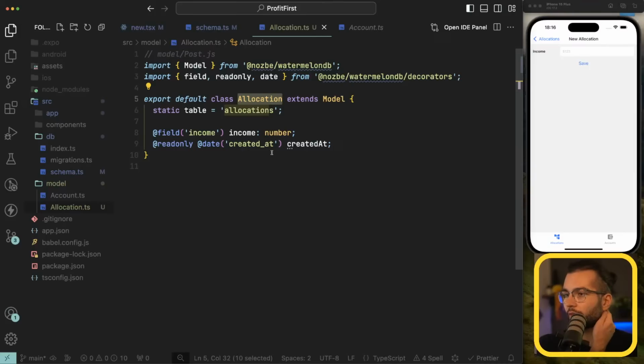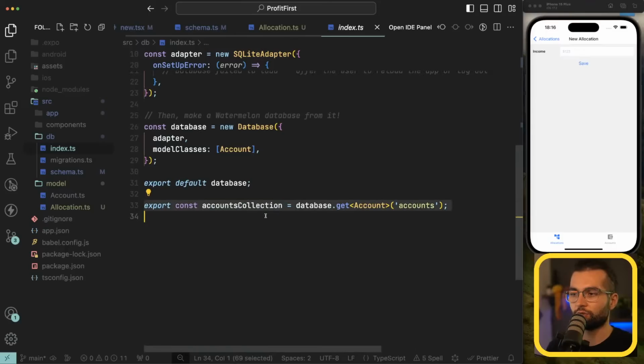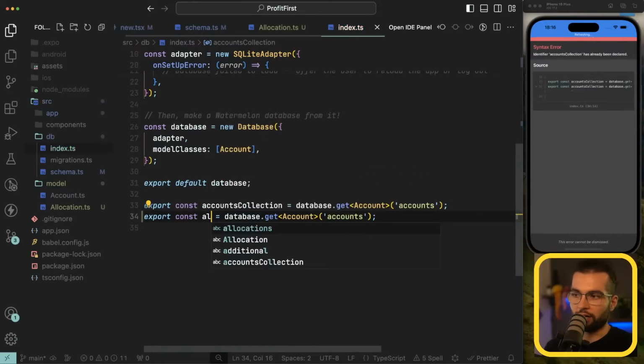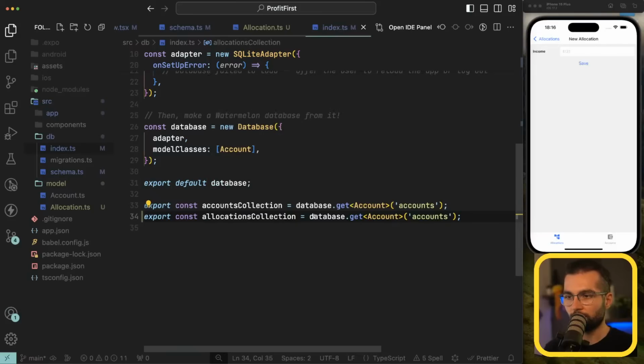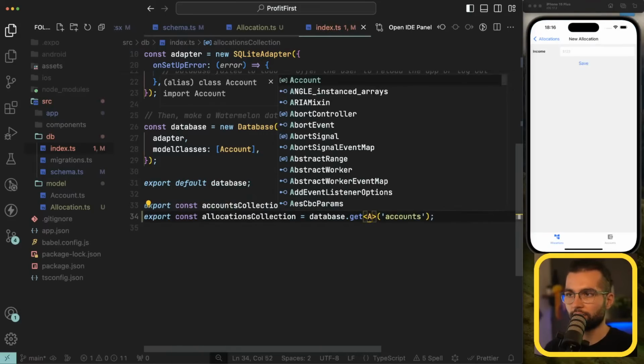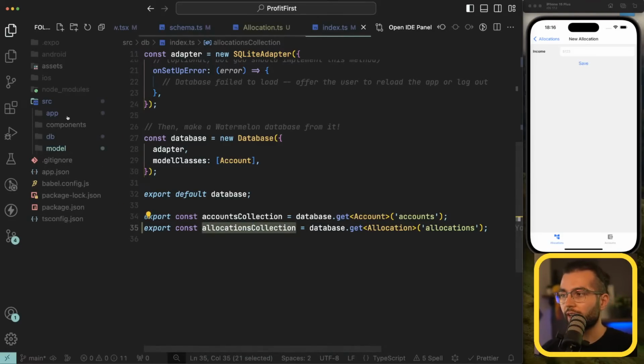Okay. I think from the database index, the same way as we did accounts collection, let's do the allocations collection as database.get allocation. And here we need to specify the table allocations, the same name as we used in the schema. So using this allocations collection, we can go in our